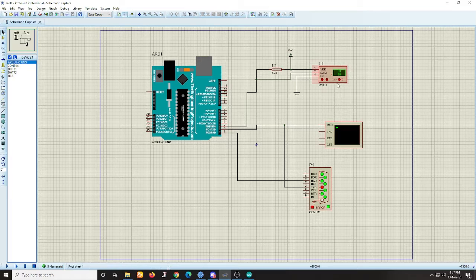In the circuit diagram of our DS data logger system, we have used Arduino, a DST11, a virtual terminal, and a COM pin. In the Arduino, the second pin is used for taking data from DST11, and in the VDD pin we have connected it with the power source, which is 5 volt, and a resistor is also used here, which is 4.7k ohm. The ground is connected with the ground.